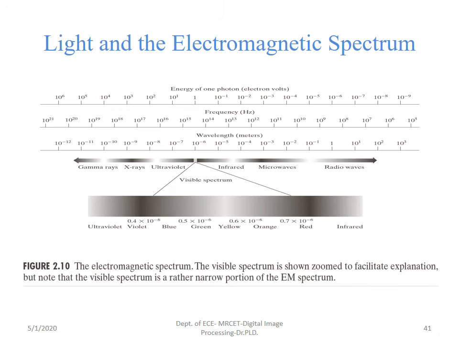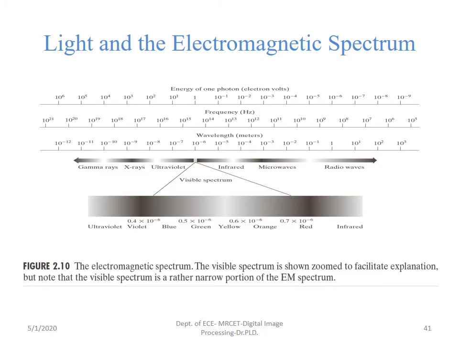Light and the electromagnetic spectrum are actually beyond the scope of this particular subject, but still it is very essential to remember the visible spectrum details among the existing electromagnetic spectrum. Nowadays, in most subjects it is very essential to know the electromagnetic spectrum, including electromagnetic waves and transmission lines, microwave engineering, and to some extent VLSI, and then AWP, antenna wave propagation.